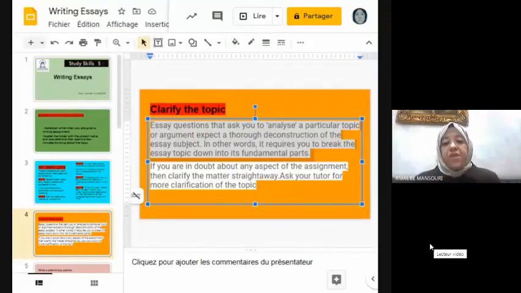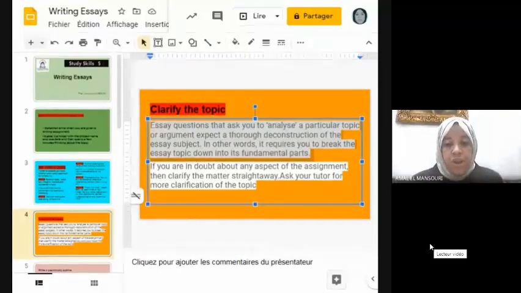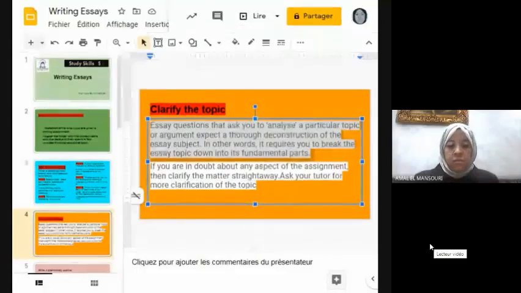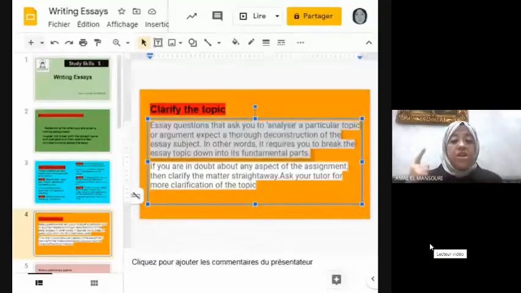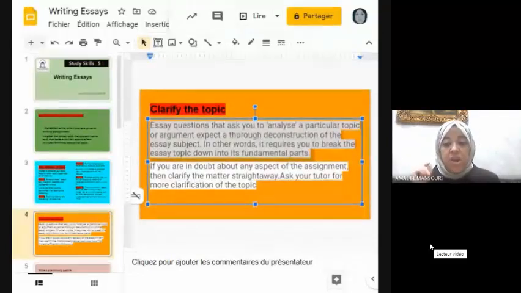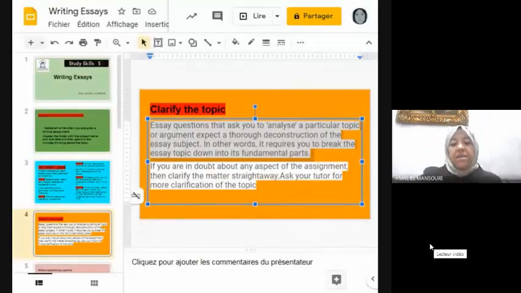When you first get your essay question, always try to understand exactly what the question means and what it is asking you to do. Look at the question word and think about its meaning before you launch into planning what to write. And of course, remember to read the question several times and consider any underlying assumptions behind the question.